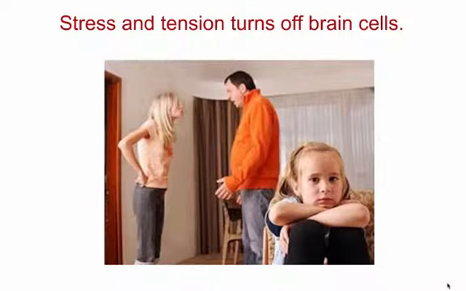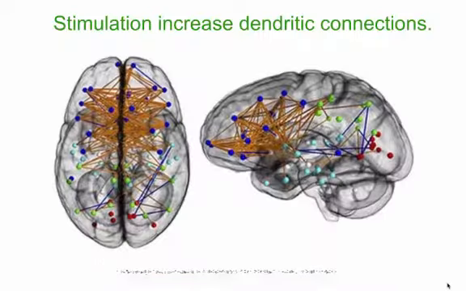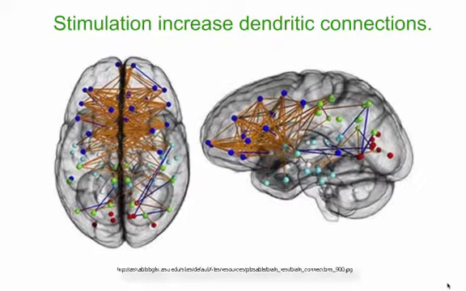On the flip side of these positive experiences is the negative experience. Stress and tension turns off brain cells. It prevents a good flow through the corpus callosum and creates biochemistry in the limbic area that turns brain cells off. The brains of students who are in stimulating environments have increased dendritic branching, and they have the potential for interconnections between the neurons, increasing the complexity of thought.